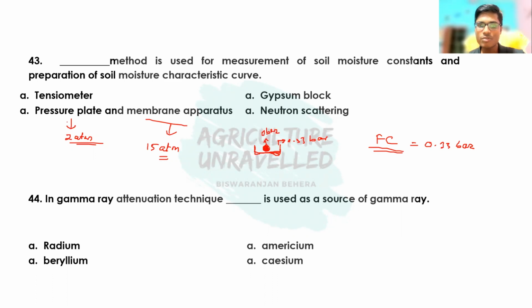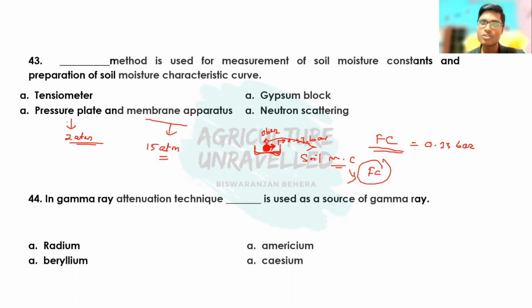So definitely water will start moving from the soil sample towards outside to maintain the equilibrium. In this case, the water will be released from the soil sample, and the water remaining inside the soil after reaching equilibrium will be the water content at the field capacity. Then the soil sample will be removed from the pressure plate apparatus, and the soil moisture content will be estimated using the gravimetric method. So this will give us the soil moisture content at field capacity.